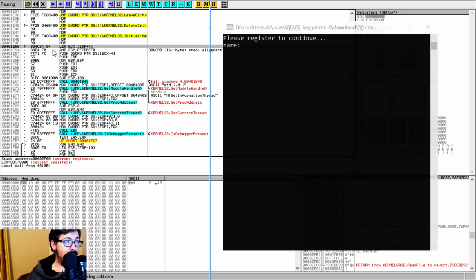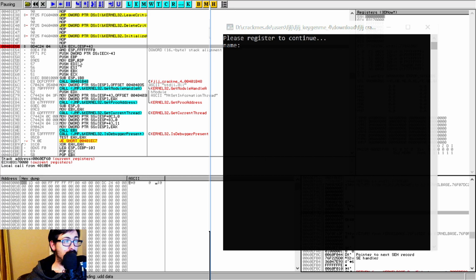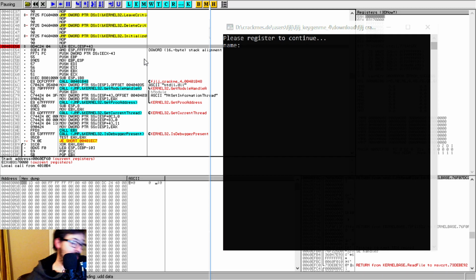So we run into this whole thing where Ollie's going to think it's corrupt. It's not going to know exactly what's going on. We're just going to say okay and don't display this in the future because we know that it's messed up. That being said, the first thing that's going to happen is it's going to load into ECX the stack pointer plus 4. The stack pointer is currently at this address here, and plus 4 is going to be this guy here, at 8C is what's in there. So let's go ahead and hit